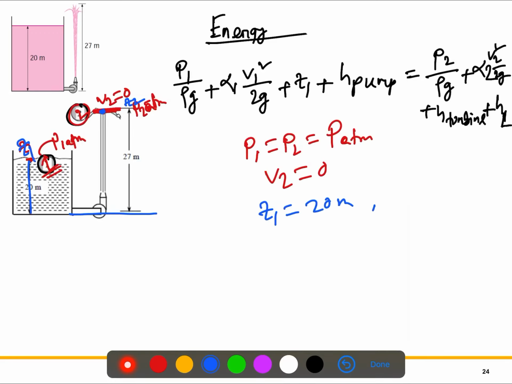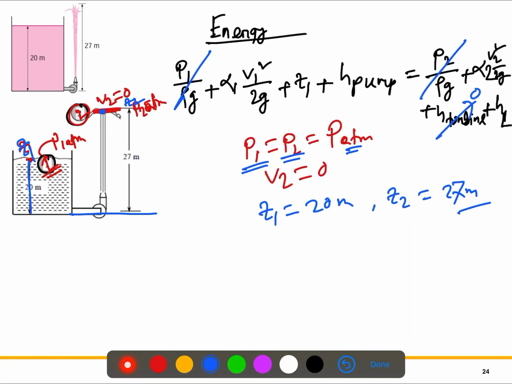Z2 is equal to 27 meter. So if pressure P1 and P2 equal atmospheric pressure, can we cancel out this pressure P1 and P2? We can. Yes. In this question, we are not using any turbine. So the head loss, the turbine head, we can cancel out this term because it is actually 0